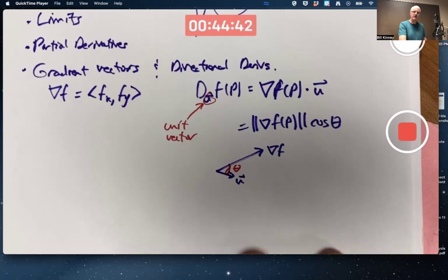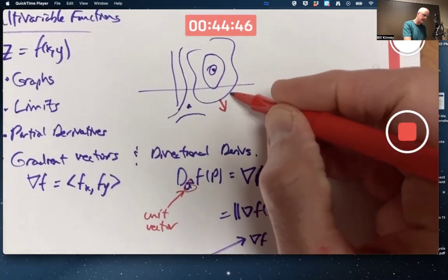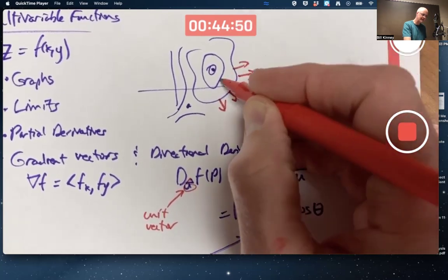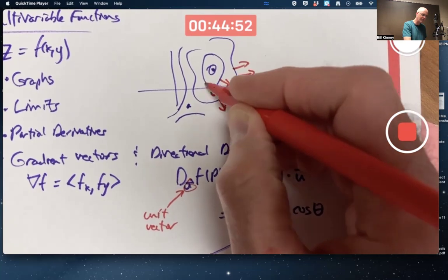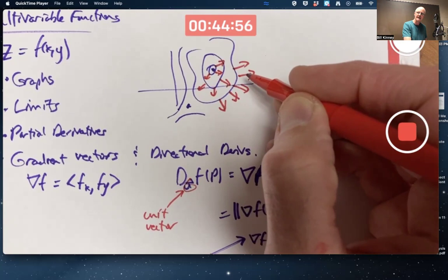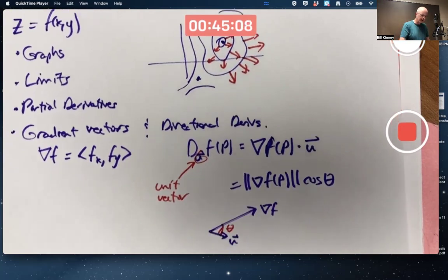When you draw gradient vectors on top of level curves, they're orthogonal to the level curves and pointing in the direction in which the function is increasing fastest. Here, I guess I'm drawing them going away from that point in the middle there. So that point must be a minimum, because the gradient vectors are pointing in the direction in which the function increases. We also had